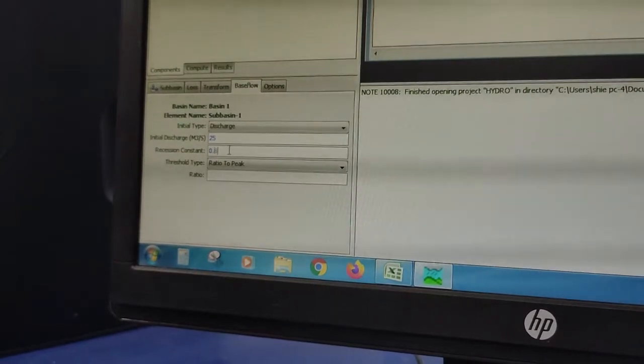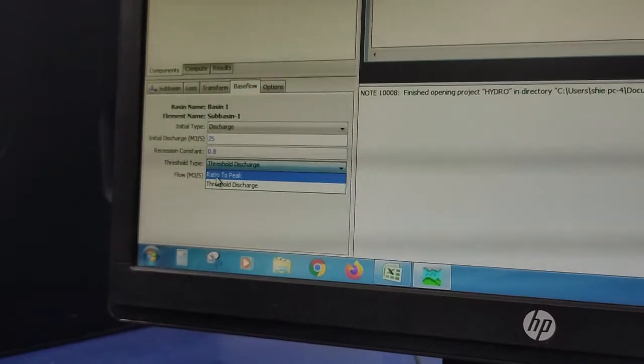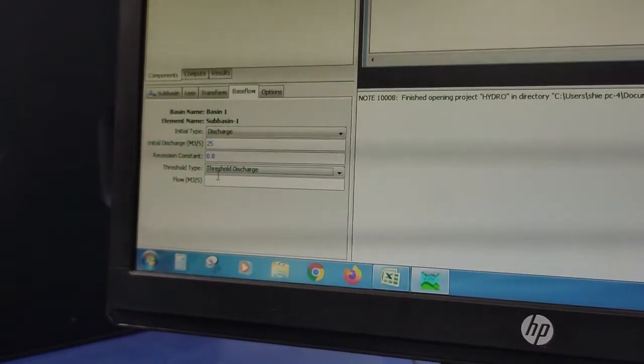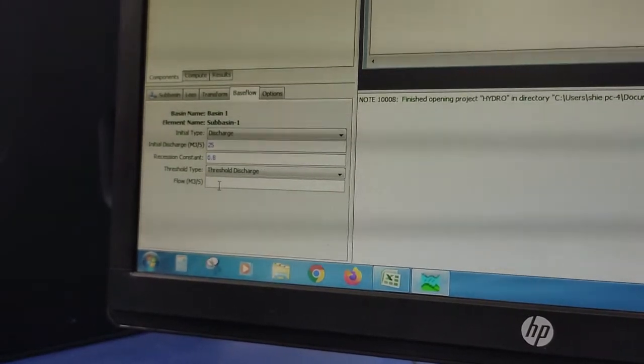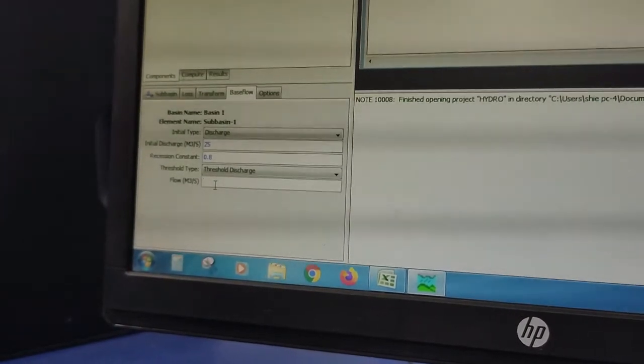I am giving it 0.8. Threshold type, two things are there: ratio to peak and threshold discharge. We'll be clicking on threshold discharge. Flow, meter cube per second. Flow will always be in meter cube per second. So let us keep an average flow of 40.